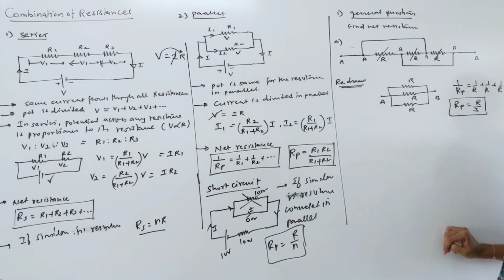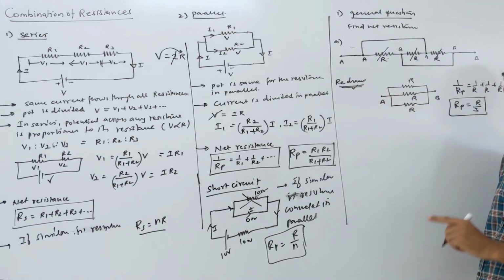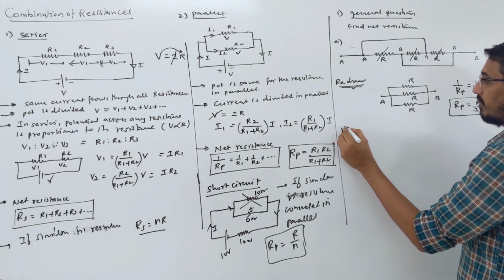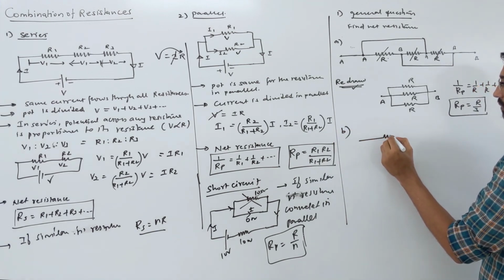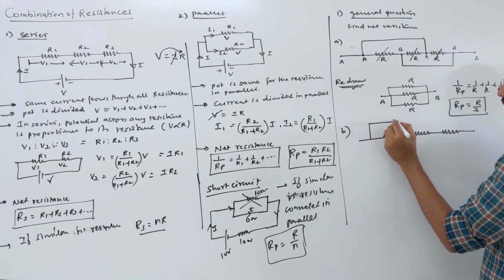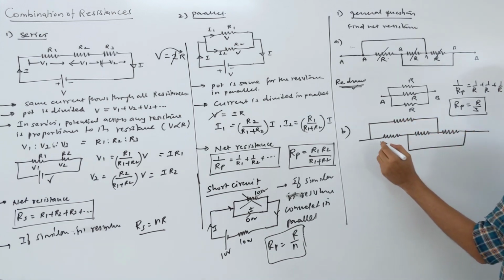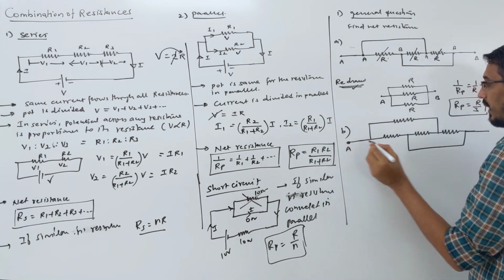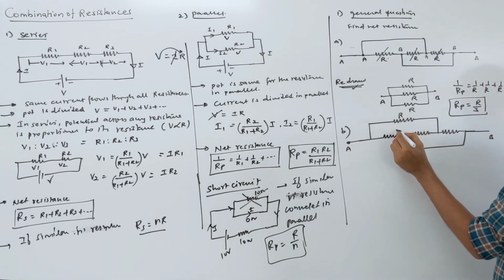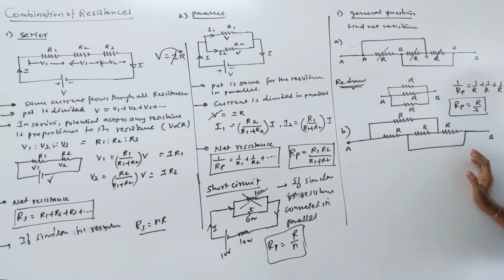Okay, suppose I modify this. Same question, we are understanding how to redraw. If you don't understand series and parallel, then what do you do? Suppose I redraw the same question this way. Okay, this is terminal A, this is terminal B, and the question remains: find the net resistance. Now again we will be confused about which is series and which is parallel, right? So what we will do, again we will redraw the circuit.